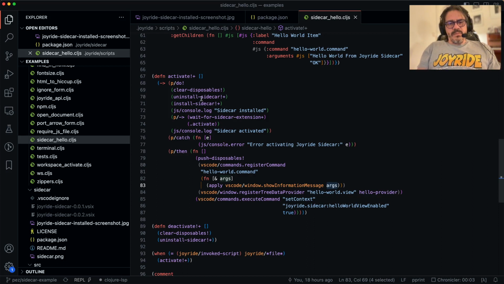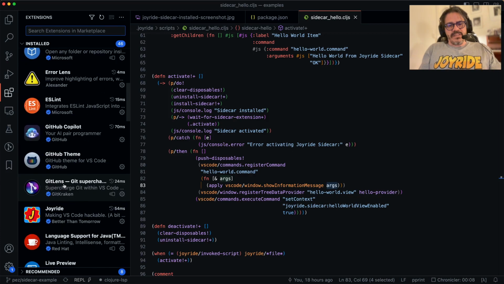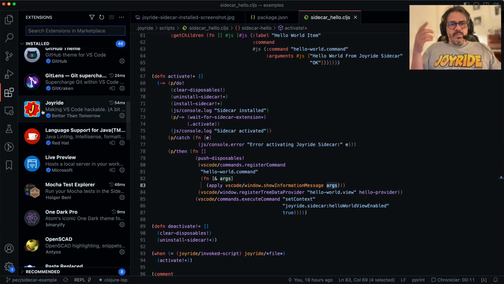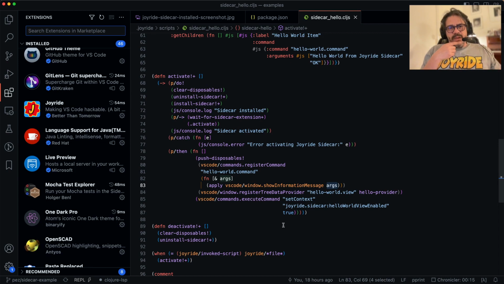And then when I run it, what will happen is that the sidecar extension will be packaged as a VSIX extension package, and that package will be installed in VS Code, and then we will register some usages of the things that we have declared in the extension manifest. Here you can see that we only have the Joyride extension installed, no sidecar thing. And then what we do is that we run